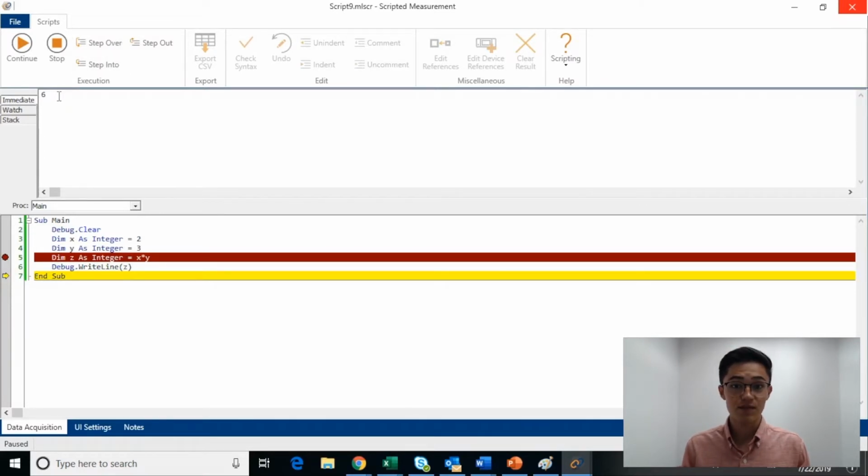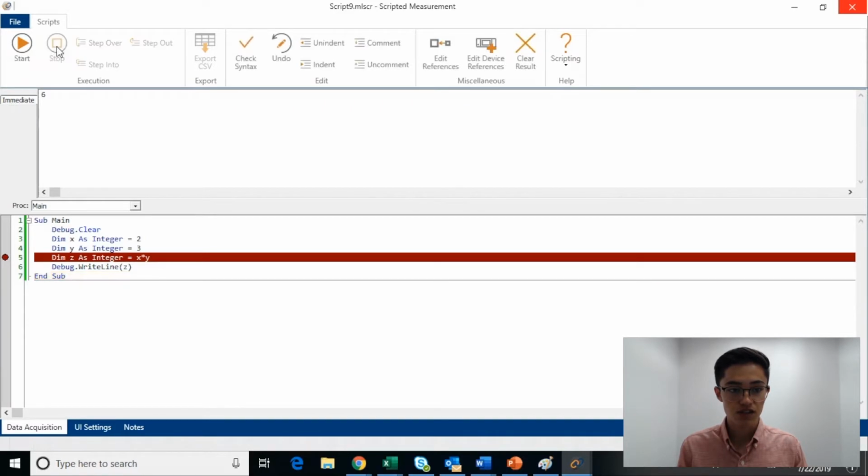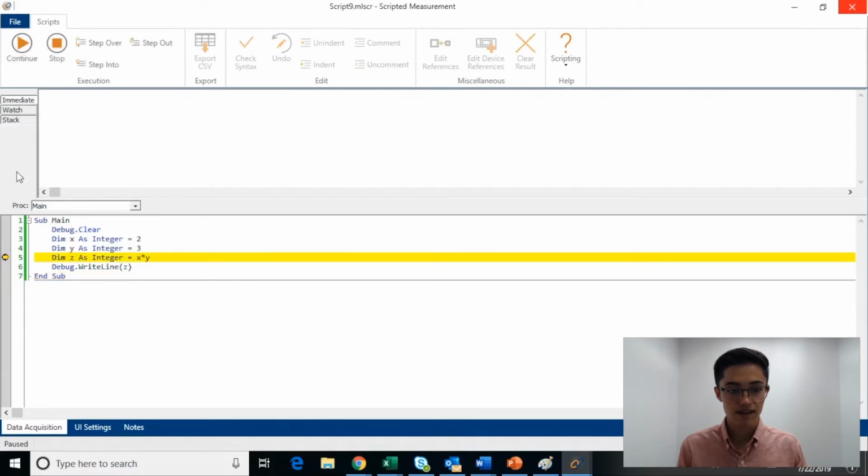Now another technique of debugging is that when we're at a breakpoint, we can also examine the values of a given variable. So let's go ahead and stop this function and run it again. And it is stopped at the breakpoint. So at this breakpoint, we can actually type into the debugging window question mark followed by brackets of the variable we want to look at. So let's go ahead and look at x. We press enter, and we get 2. Now let's see if we want to find y, question mark, brackets of y, enter,